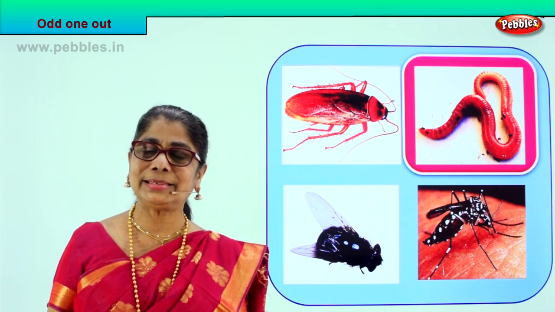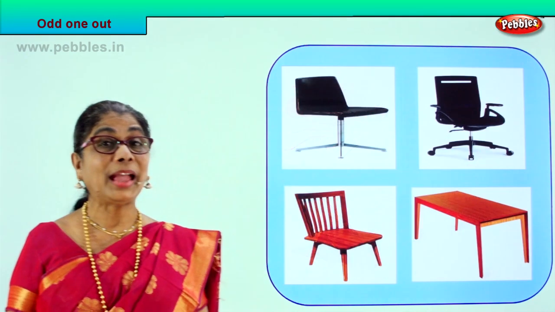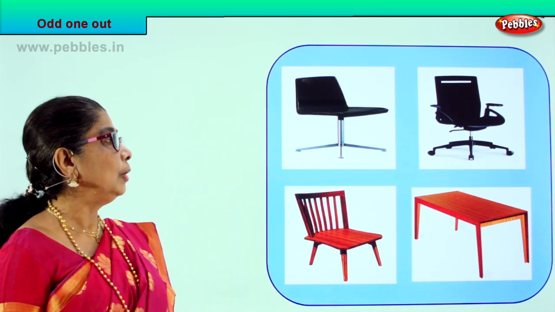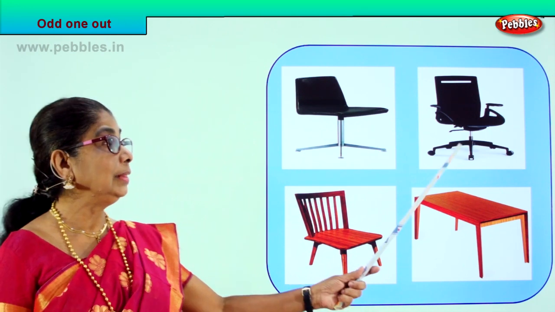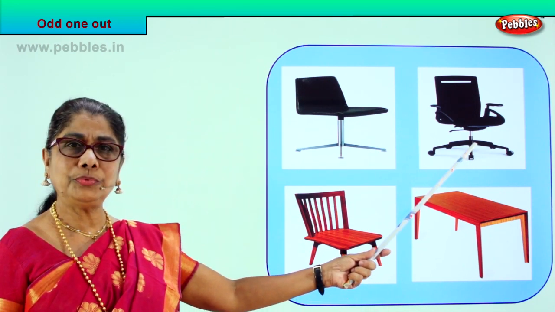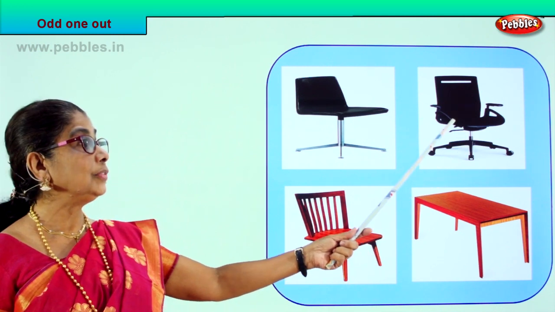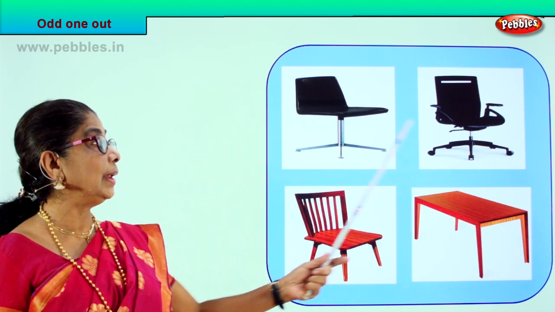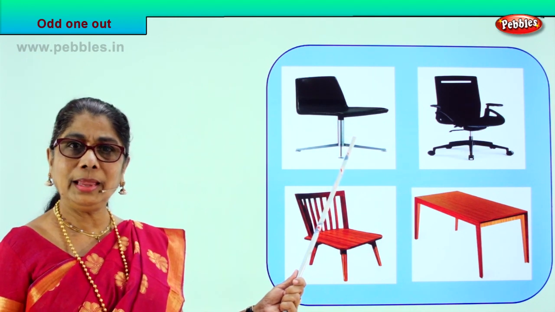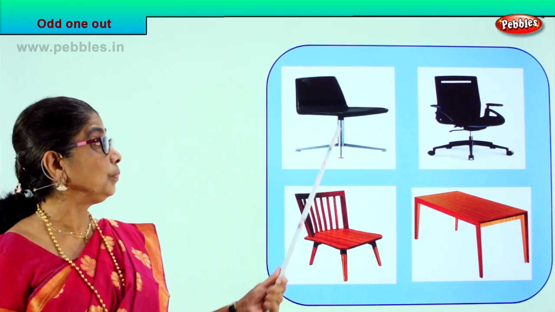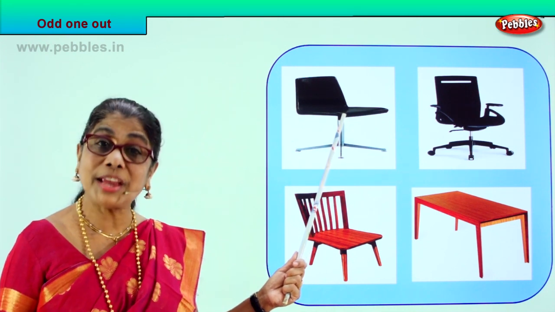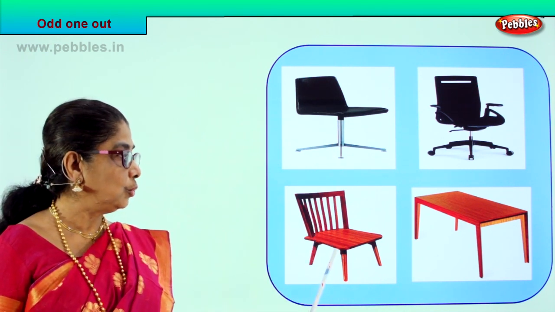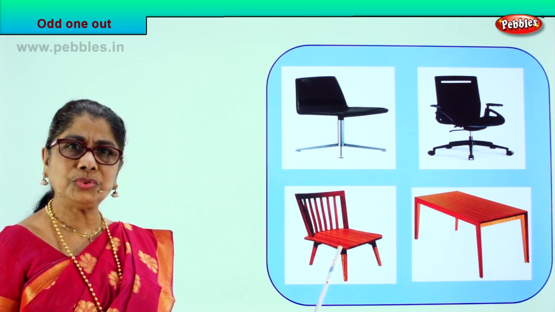Shall we look at another exercise, another picture, and find the odd picture out? Good, look carefully what we have here. What is this? It's a beautiful chair, in your daddy's office. You might have seen he sits and he can turn any side. It's a beautiful little chair. What is this? Again, you might find this in a doctor's room. Again, what is it? It's a chair. And what is this? This is also a wooden chair. Very good. It's also a chair.